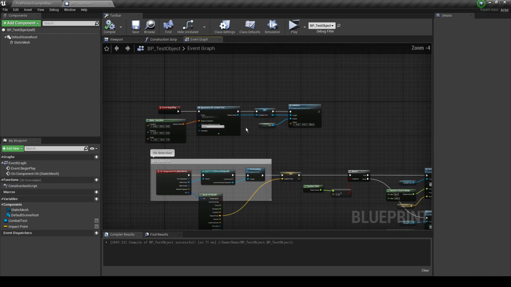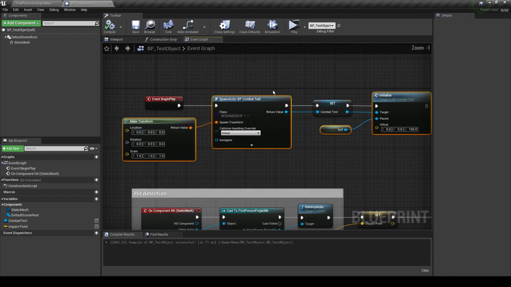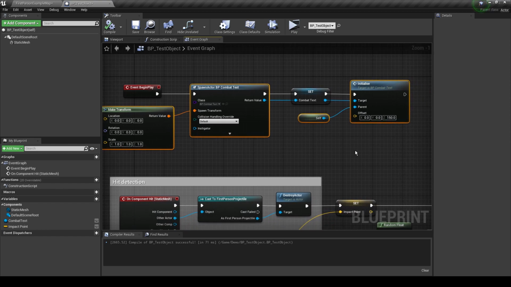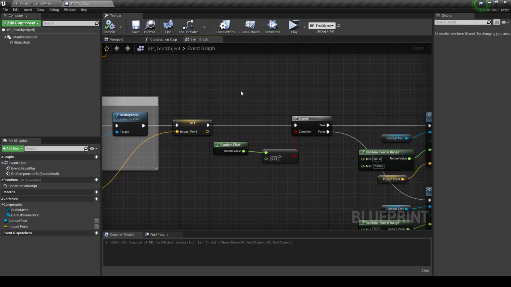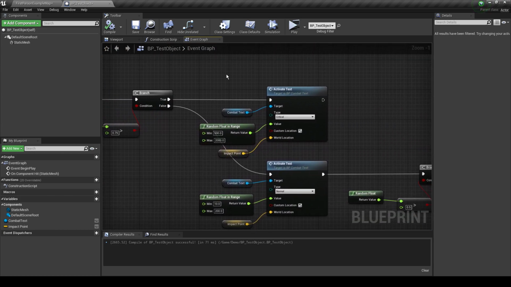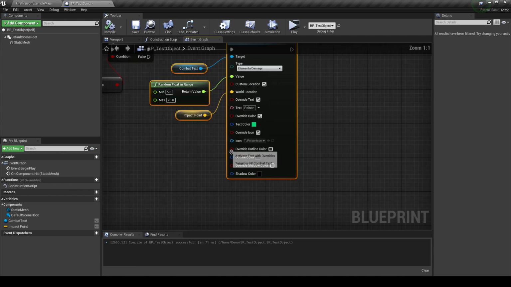So just to recap, when you create a new object, you just have to add this logic to create the combat text and save a variable here. That's all you have to do for setup purposes. And then when you want to display combat text, you just have to call activate text. If you don't need to change any override parameters, you just call activate text, or you can call the activate text with overrides function, and then you can override a bunch of things. So for example,